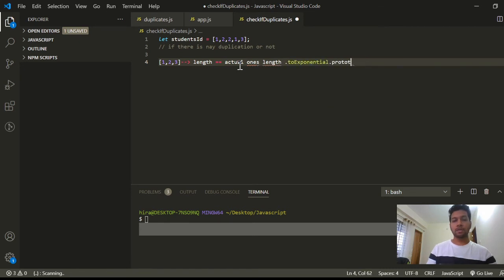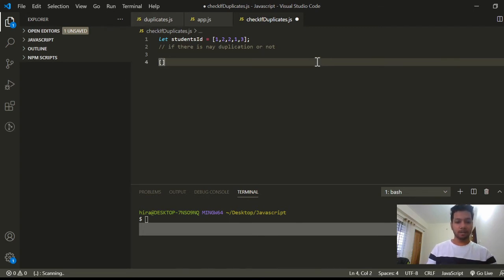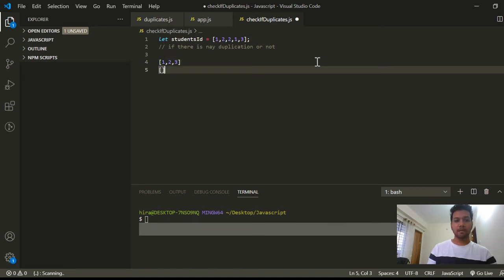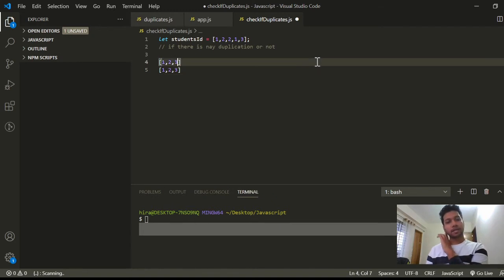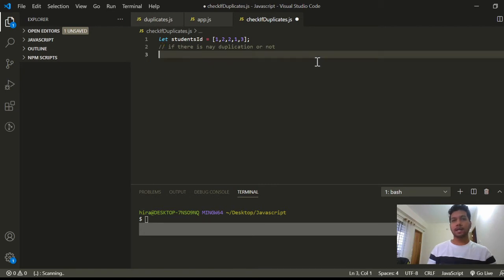And what will that return us? If the actual array's length is not equal to the unique array's length, then we can say that our initial array contains duplication. So the logic is pretty simple. If the actual array is like this, and we make a unique array out of the given array on line number 4, and the length of these two arrays, the unique array and the given array, is equal,